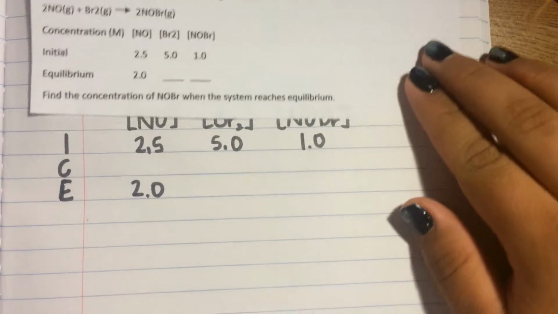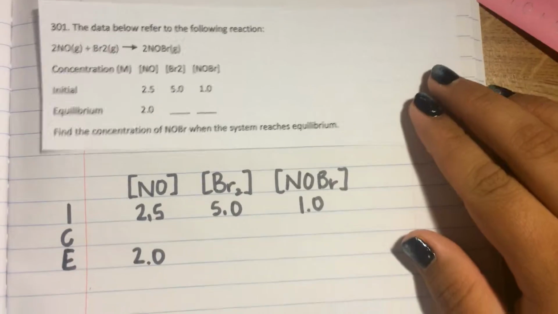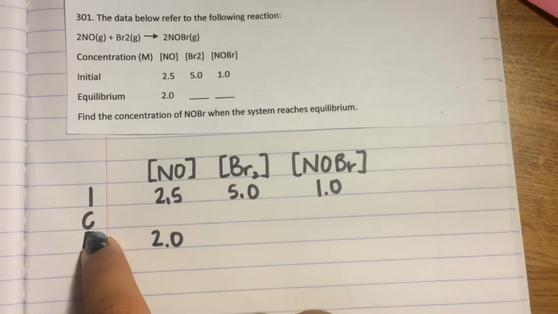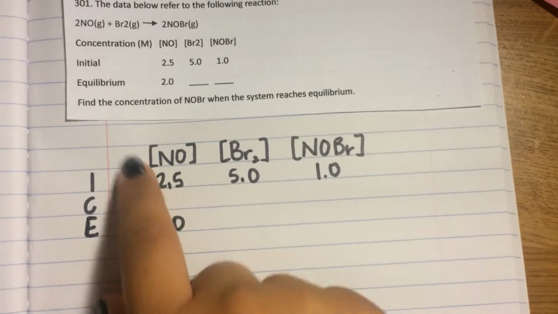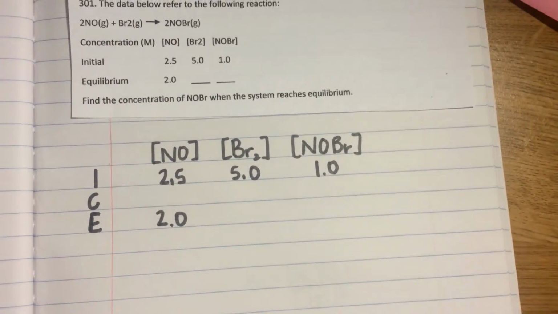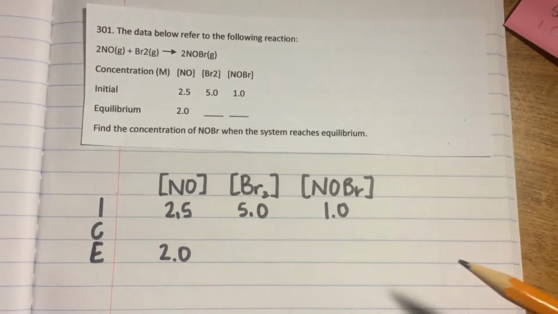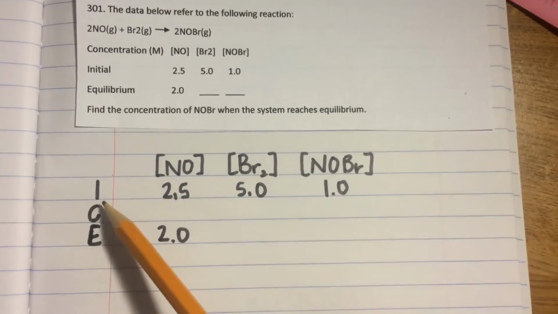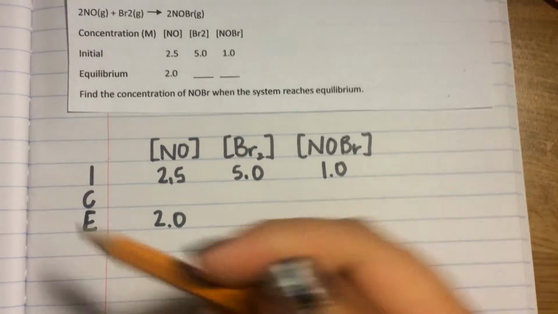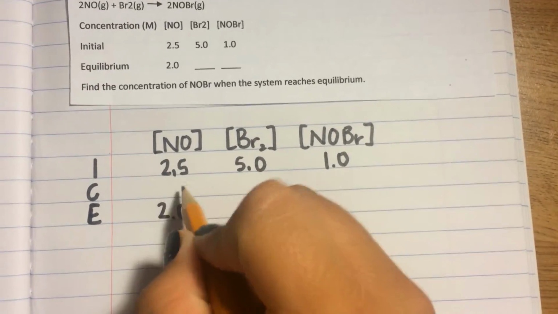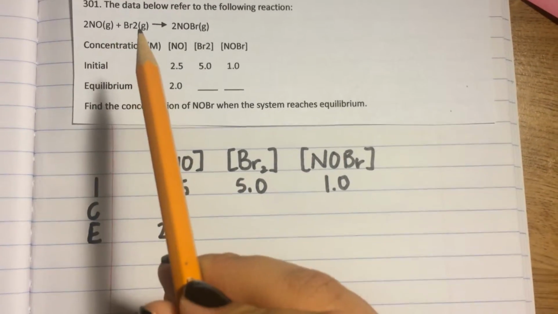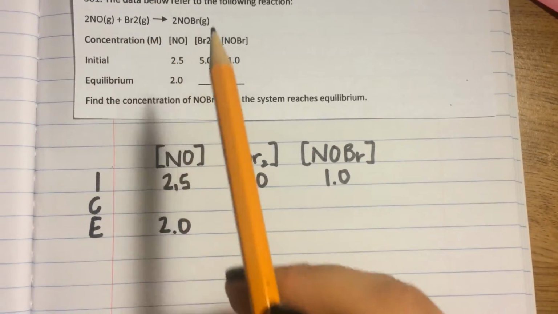So already here I prepared another table. It has exactly the same information, but what I added was this C, because we're going to use what we know as the ICE table. In the ICE table, we compare the concentrations in the initial, what changes them, and then at equilibrium. So one thing that I have to keep in mind is that my reactants will lose something and my